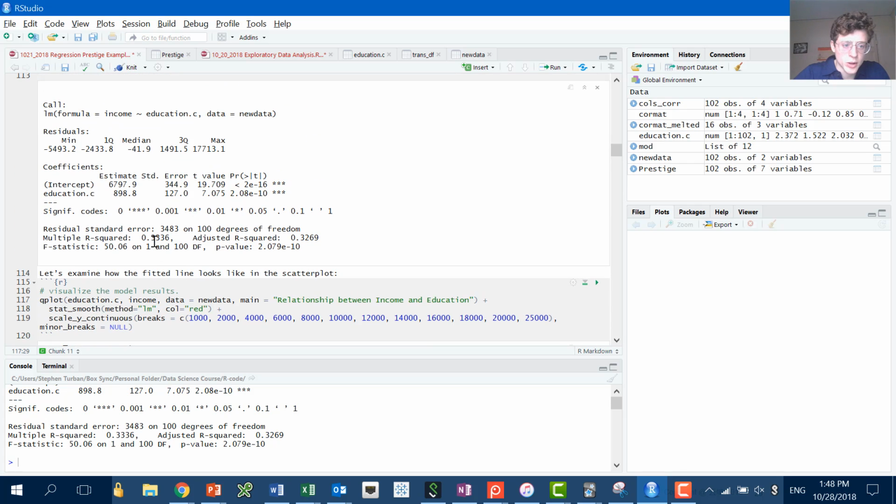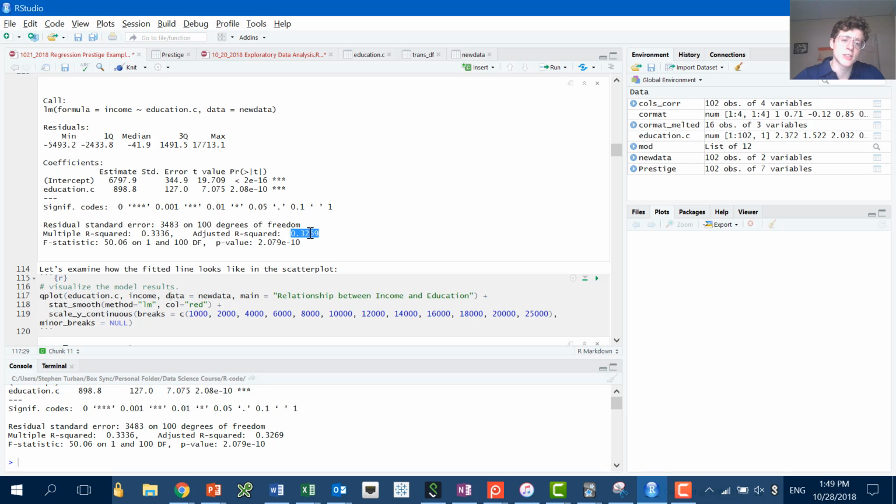And then, okay, let's look at the R squared as well. Here's the multiple R squared, 0.336. Adjusted R squared refers to another way of measuring R squared, but it takes into account if you have a lot of variables, it will penalize you, because if you have a lot of variables, you can create statistically irrelevant relationships, but relationships that a linear regression will pick up on and believe to be real, and so it will make your R squared seem higher than it is. So adjusted R squared puts a penalty on having too many variables, which is good. So you can look at either of these. Right now we only have one variable, so 0.33 is about the same.